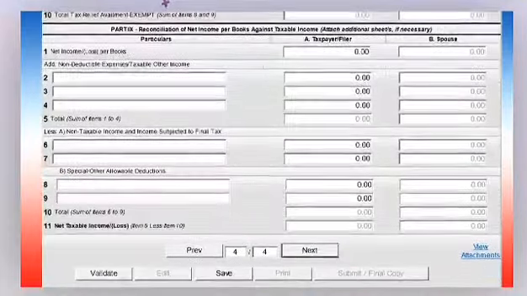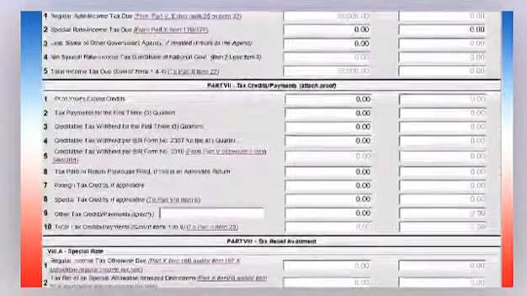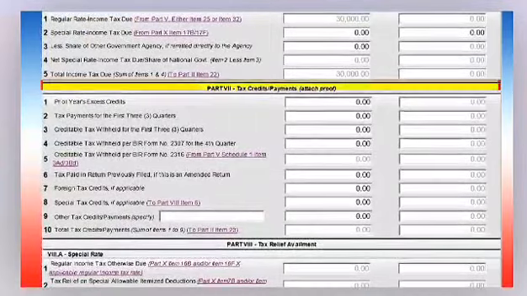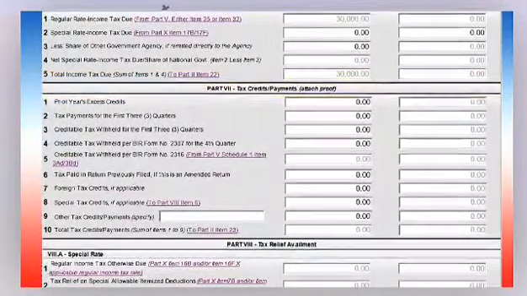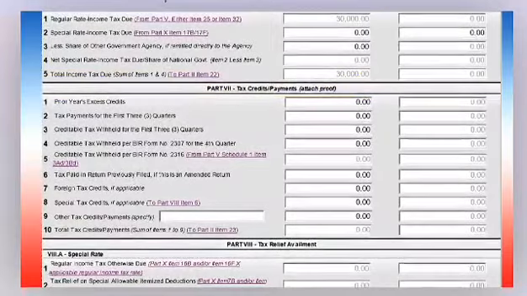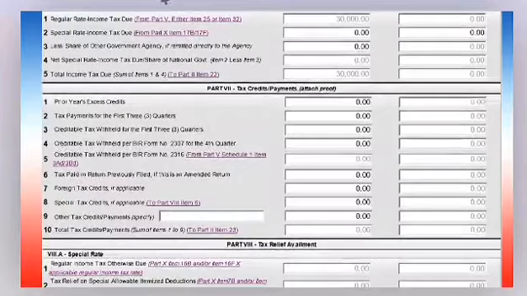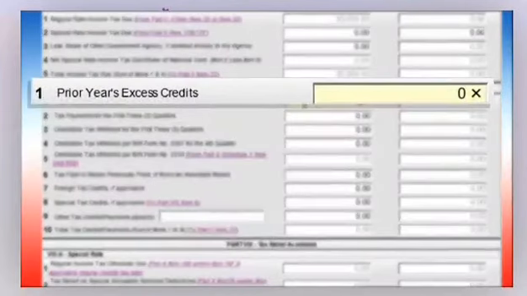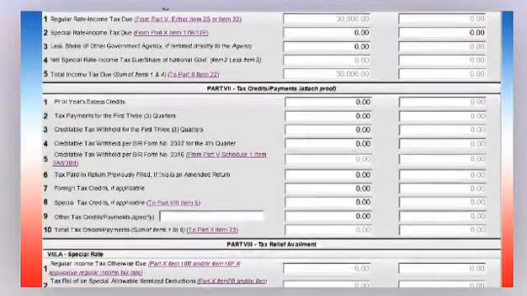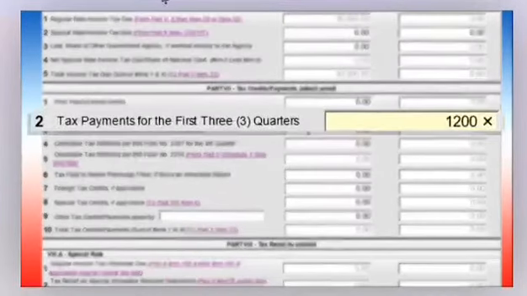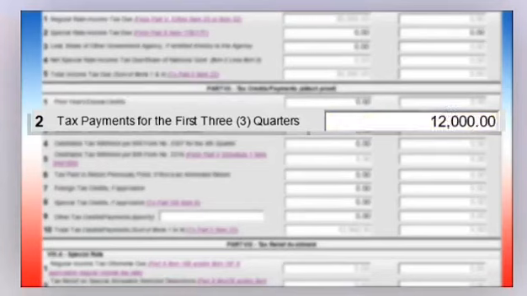Here's the fourth and last page of the form. Go straight to Part 7 or your tax credit payments. Here, you will enter the details coming from your BIR Form 1701Q and BIR Form 2307. For item number 1, enter your prior year's excess credits if applicable. For item number 2, enter your total tax payments for the first, second, and third quarters of the taxable year